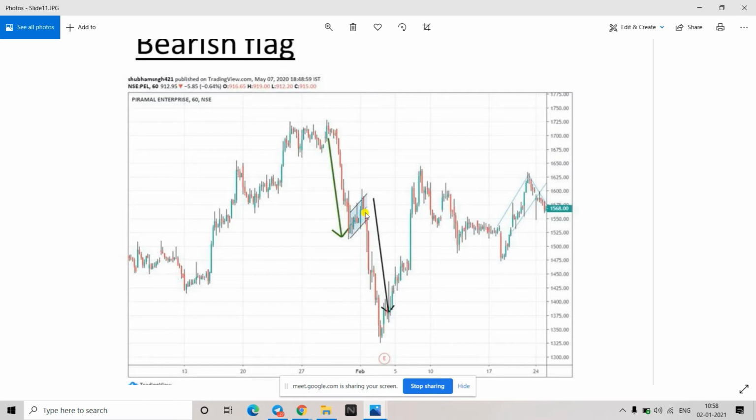All right, so you take a trade in this when the price will break out from the flag. So this is the flag. Whenever the candle is breaking out of it, that will be your entry. Like in this case, this candle has broken out of this flag, or in simple words, this is the bottom of the flag, right? Whenever the bottom of the flag will break, that will be your entry. Understood this point? Yeah, I got it.